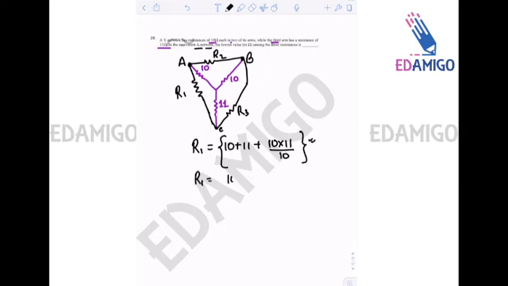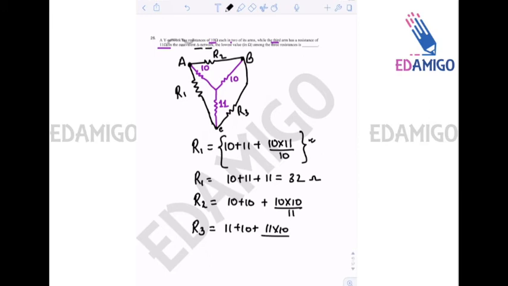So R1 will be equal to 32 ohms. Similarly, R2 will be equal to 10 plus 10 plus 10 into 10 divided by 11, and R3 will be equal to 11 plus 10 plus 11 into 10 divided by 10, that is 32,